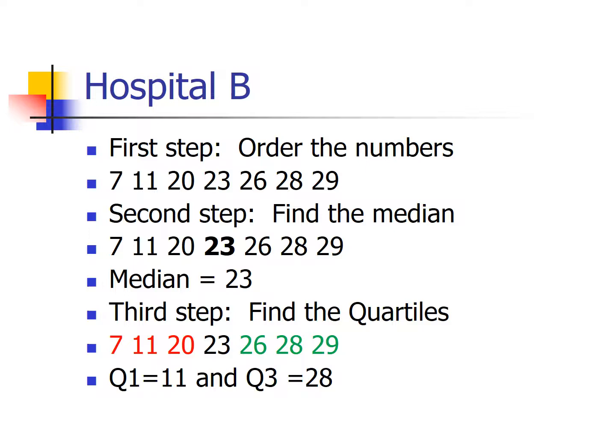Here there are 7 nurses. 7 is an odd number, so there will be a single middlemost number. In this case, it's 23. So the median is 23. Now in this case, the median is the actual number 23. So when I do my ninja strike, brace yourself, it's going to be right on the number 23. Right there. On the 23. Now, obviously with a blow of that magnitude and power, there's no way the number 23 is going to survive it. So that number 23 is essentially destroyed.